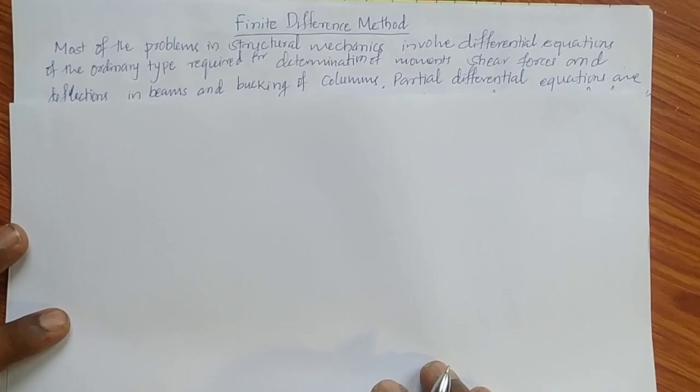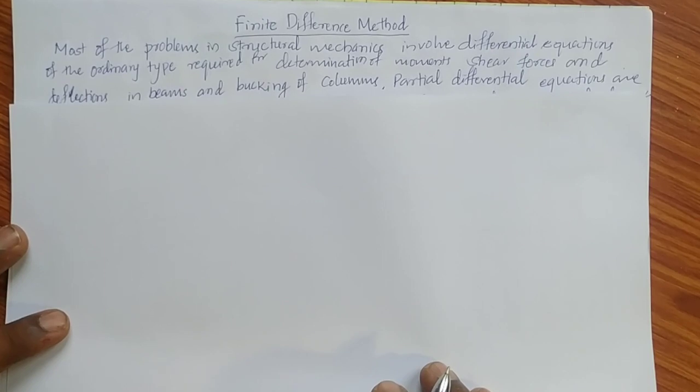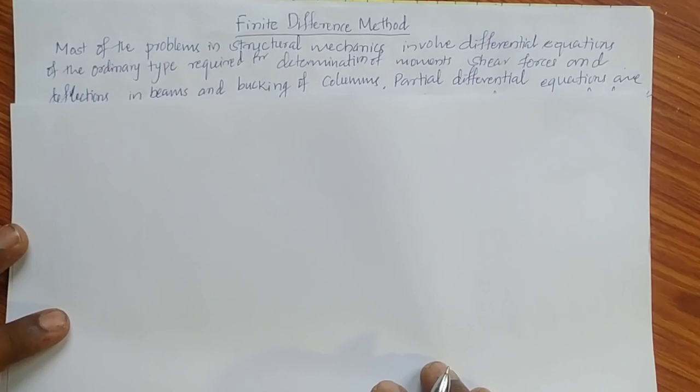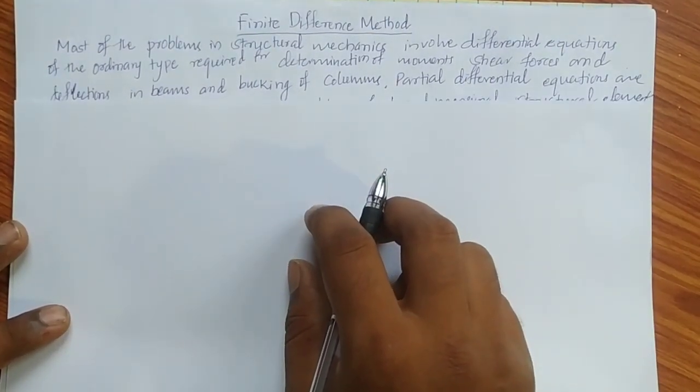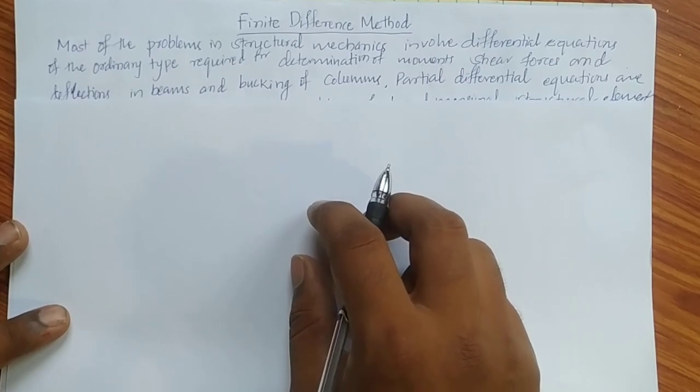Also, we have seen columns and struts. You have studied this in strength of materials. There we used d2y over dx square is equal to M, some equation like that, right? So almost in all the structural mechanics problems where deflection is involved, we will be using those